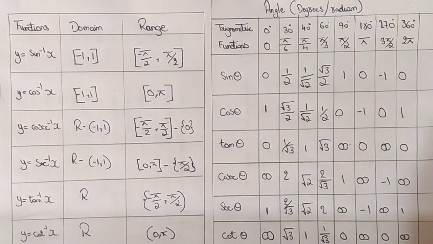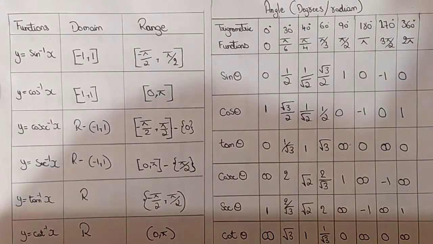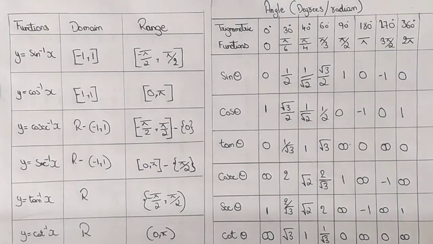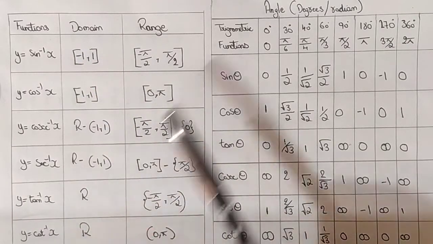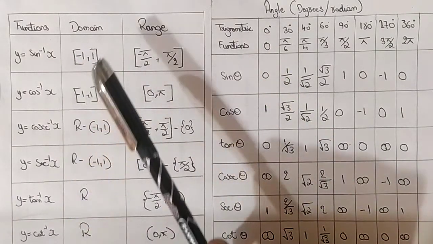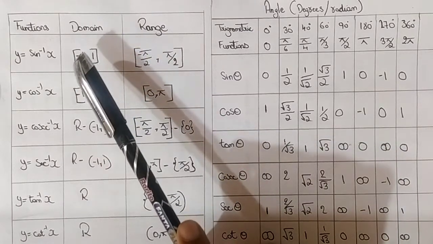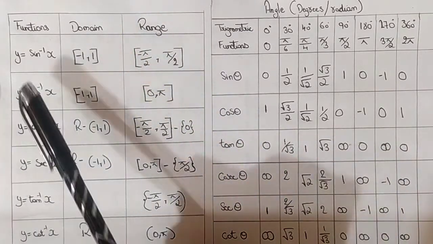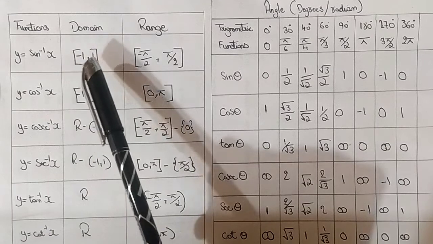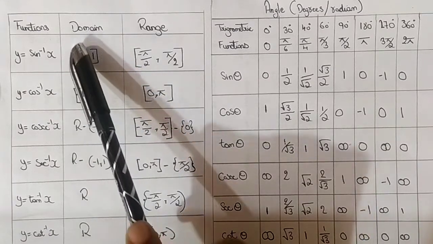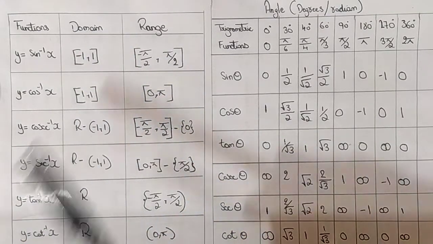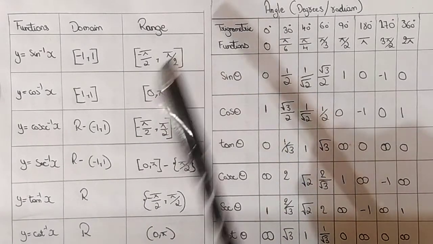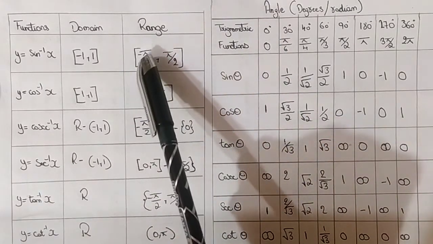Now coming to this first table here, this table is nothing but inverse trigonometric functions and their range. Here we have all 6 inverse trigonometric functions, and we have their domain. The domain is the region where they act. Sine inverse is from -1 to 1, a closed interval. You know closed interval, it includes from -1 to 1, and the range is also a closed interval of -pi/2